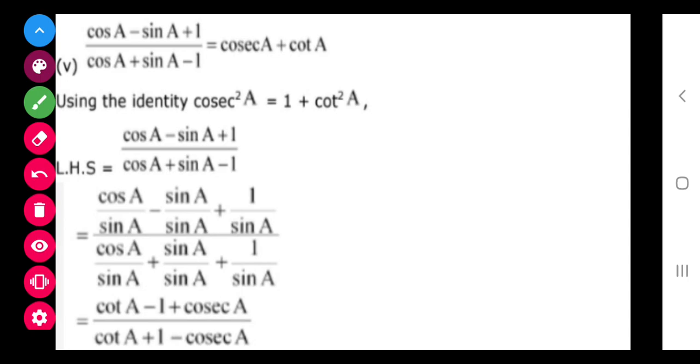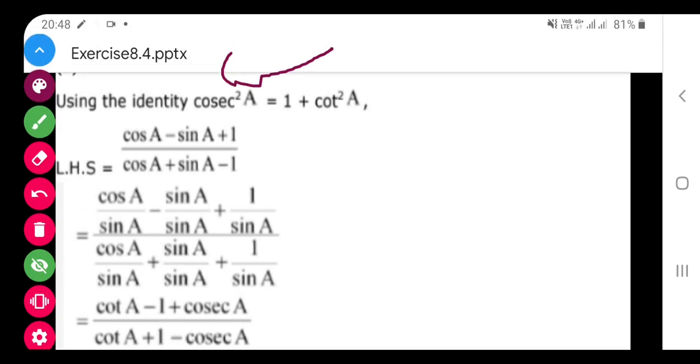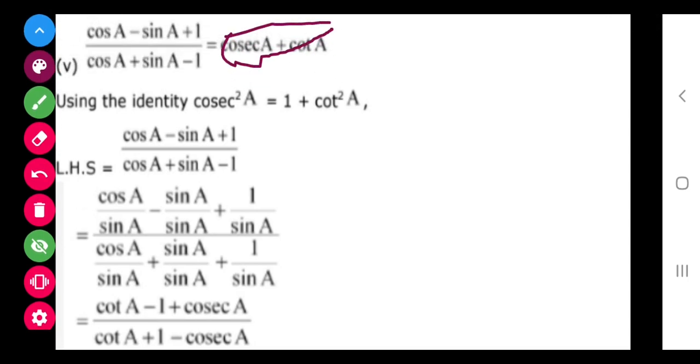So class, one more question I want to tell you. The others you can do; the last 5 parts are a little easier than these parts. Now see class. This is also like the third part. This is also one of the good questions. Now class, first of all, if you see the result, and see this, how to get the RHS from this LHS.